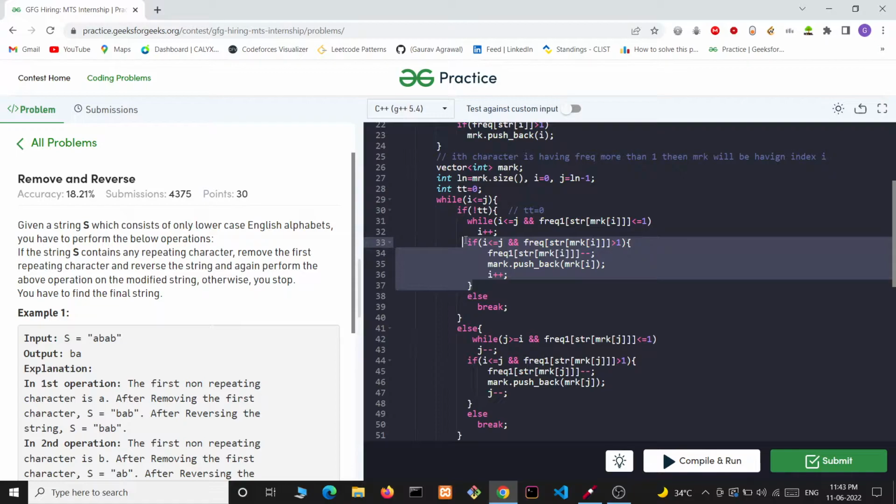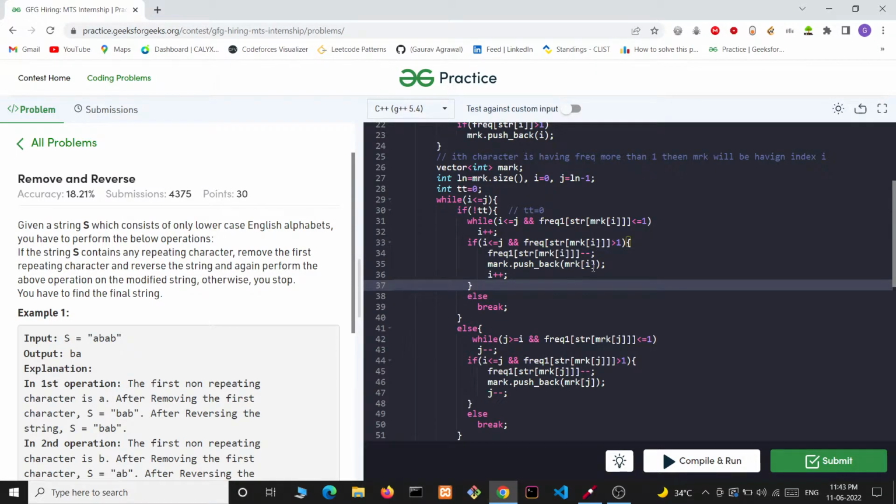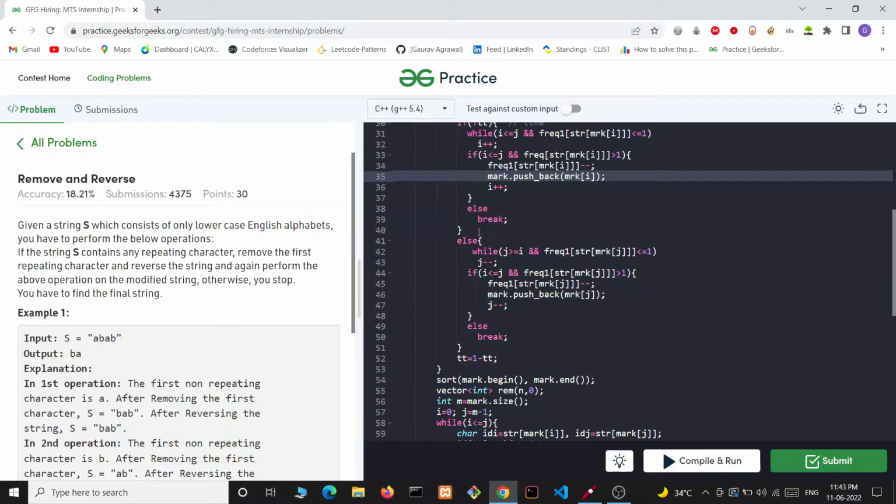If we are able to find one, then we will reduce its frequency, increase i, and push the value mrk[i] in the mark array.